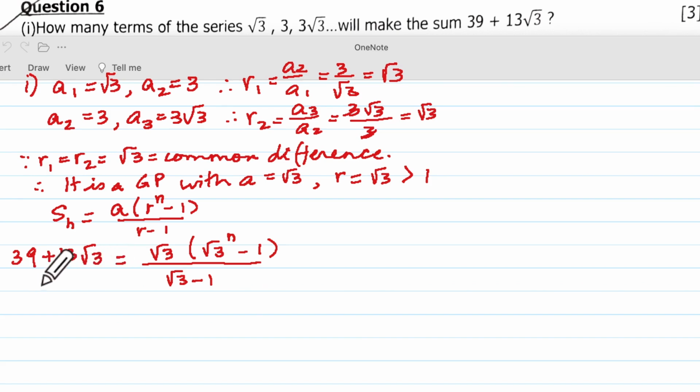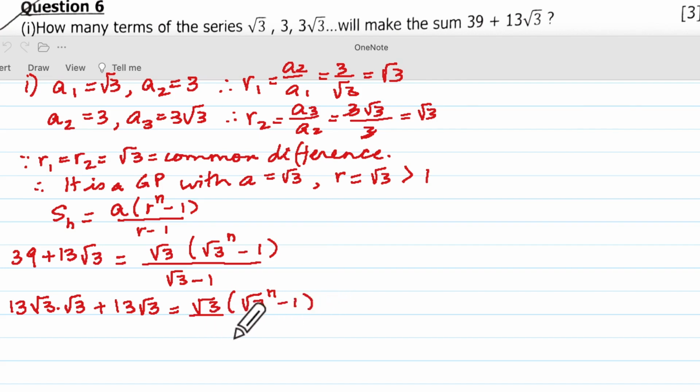Now here, can you see that this is 13 into 3? So I'm going to write this as 13 into 3 means root 3 into root 3, and plus this I'll write as 13 root 3, which is going to give us root 3 into bracket, this as it is we will write, okay? And the denominator also the same. Now 13 root 3 will be common here, and you will have root 3 plus 1. Now if you bring this here, this will become like a plus b into a minus b. So I'm bringing this here,